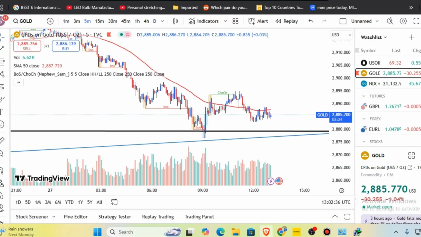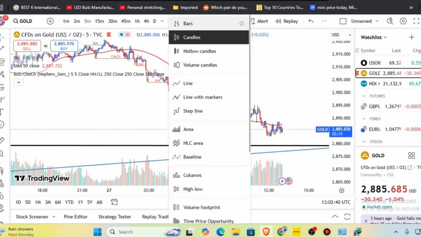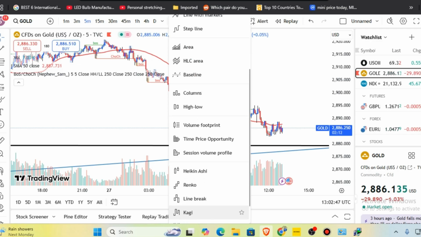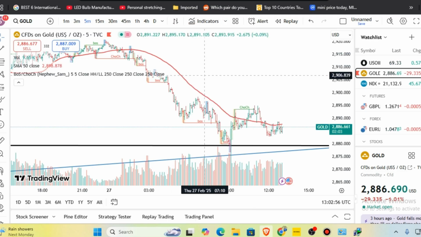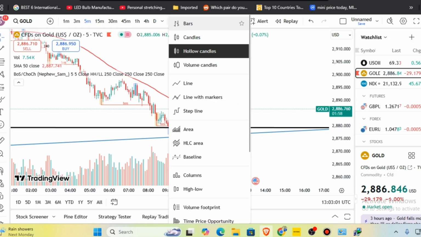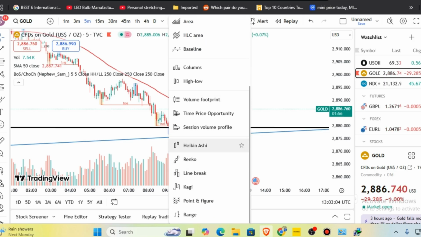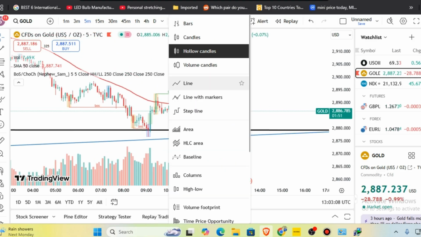So now let's move toward our TradingView, and here if you click on bars, then you can see line with markers, step lines and all other stuff. And Heikin-Ashi bars I usually use, and here you can use any candlestick pattern, like these hollow candles and volume candles. Okay, Heikin-Ashi is available downside, so it totally depends on you which chart you seem very familiar with,